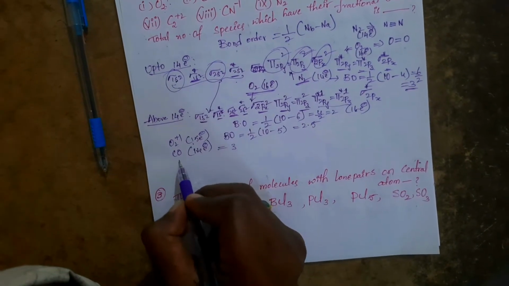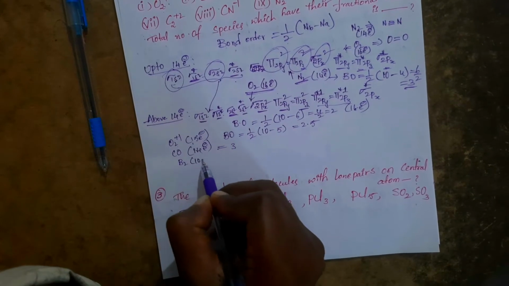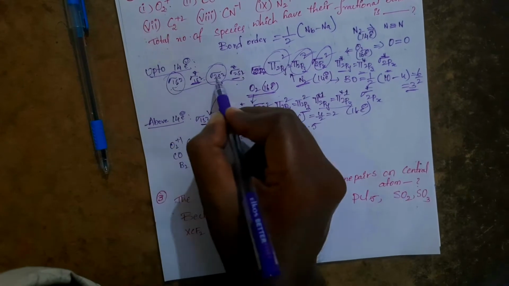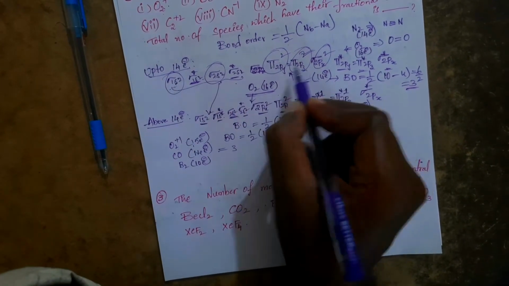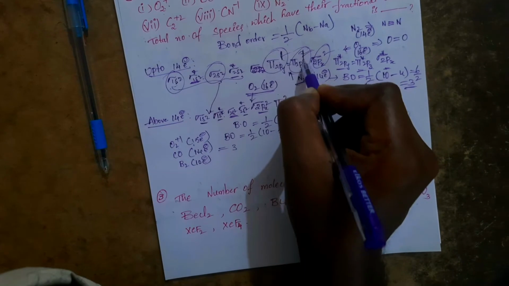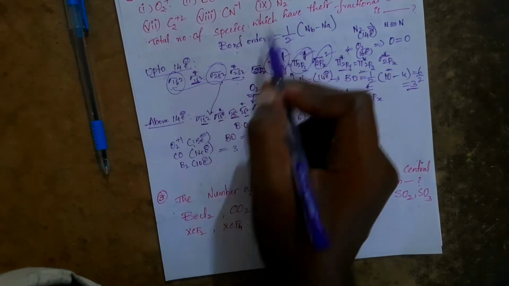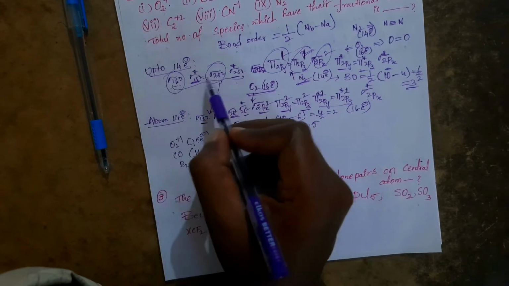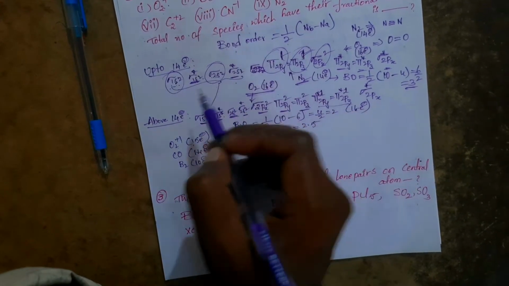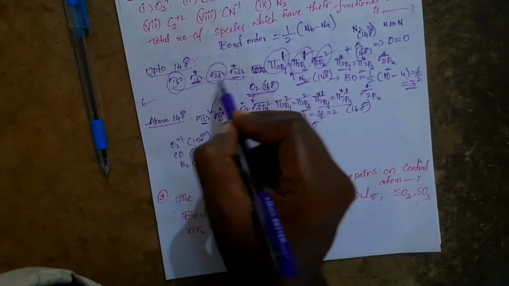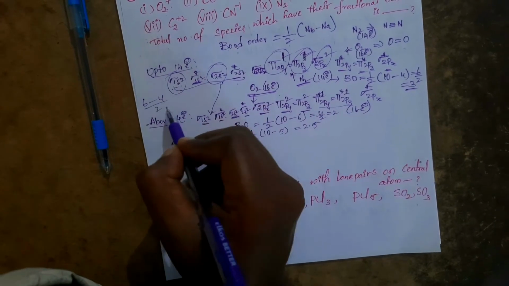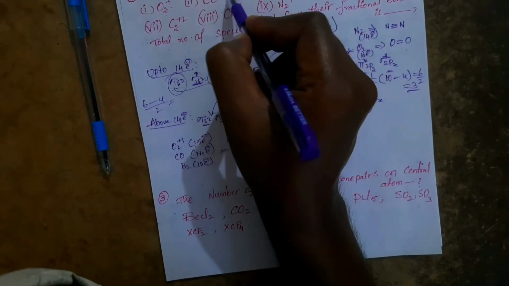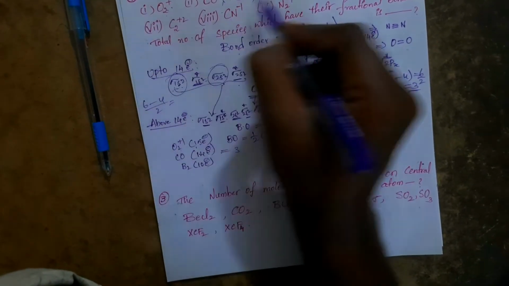Now next one, take B2. How many electrons does B2 contain? 10 electrons. You distribute 10 electrons, up to 14 electrons. 1, 2, 3, 4, 5, 6. Only 5 orbitals we have to take. These are the 5 orbitals for the boron atom. Then what happens? Here, how many bonding electrons do you take? 2 plus 2, then 2. 6. 6 minus, how many electrons are there here? 4. 6 minus 4 by 2. That is nothing but 2 by 2. That is 1. So it is not a fractional bond order.